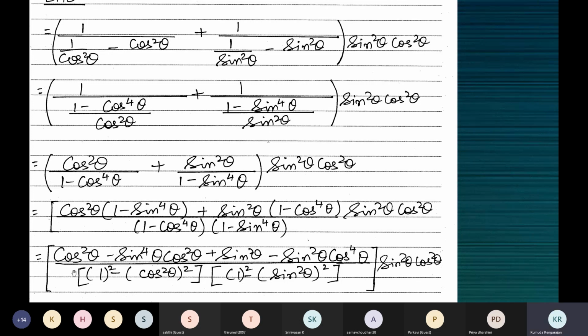So in the numerator, what do you think we can do, children? Do you see something? Ma'am, identity, ma'am. Yeah, identity. What is it? Cos square theta plus sin square theta is equal to 1. Yes, in the numerator, I think as of now we can only do this, and then later maybe we can take out something common. But for now, cos square theta plus sin square theta is 1.